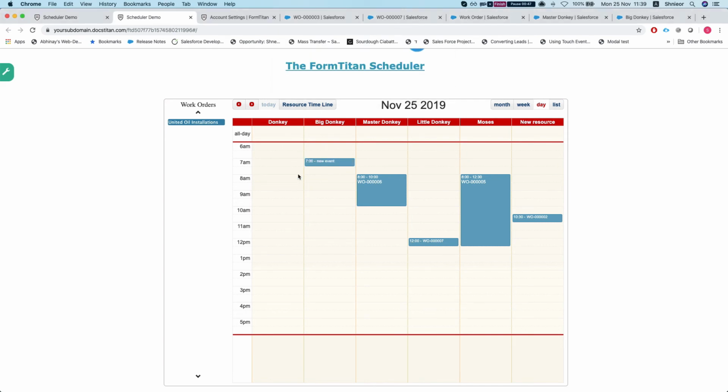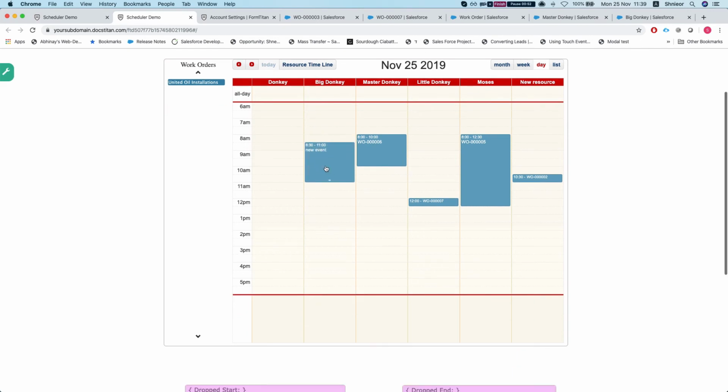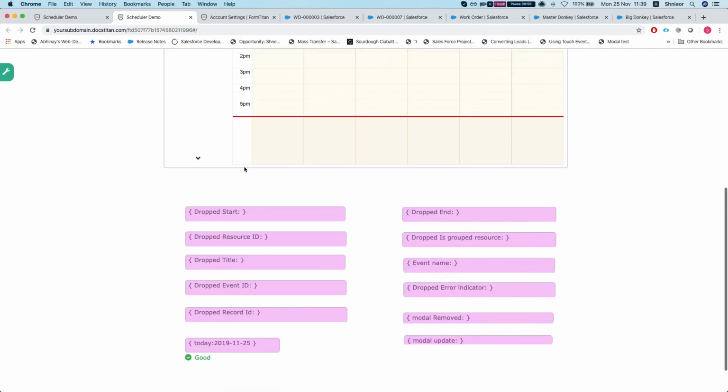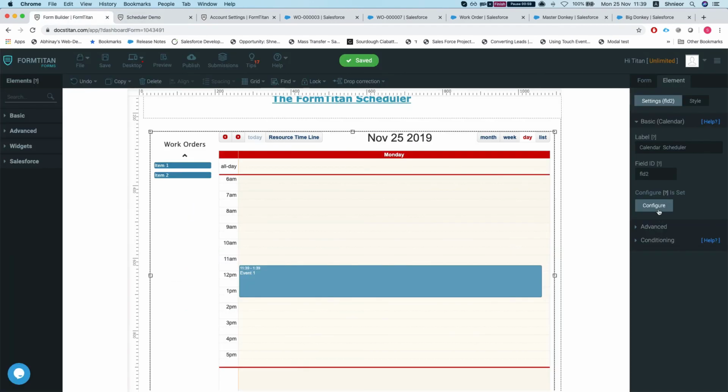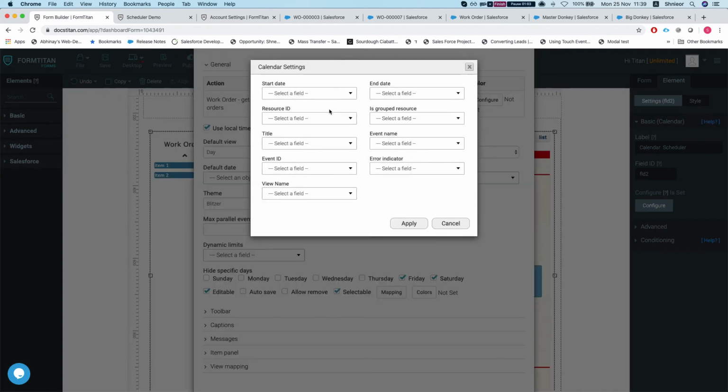And in order for you to get all this information on that event, on which resource it is and what times the event was created on, what you need to do is, if we go back to the settings on the selectable, you can see that you can map all these things onto your hidden. So you can map the start to a hidden. I already have a bunch of hiddens from previous videos, and the end to a hidden, and the resource ID, so you will know which resource it was created on,